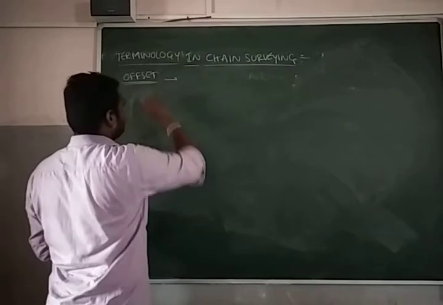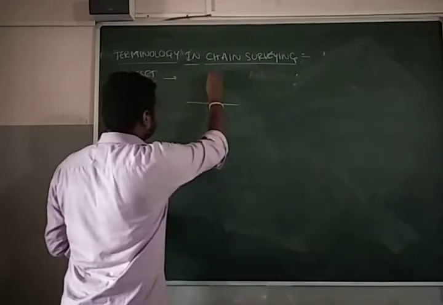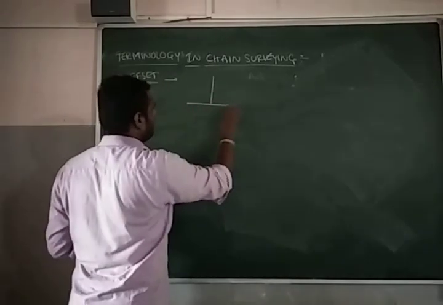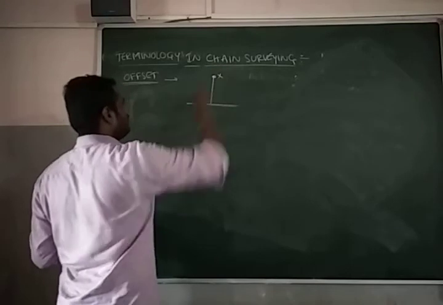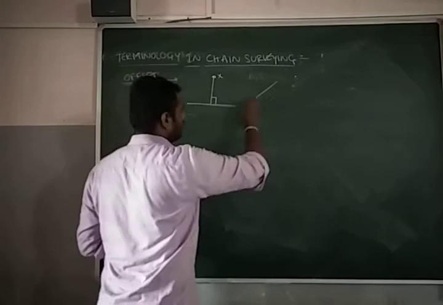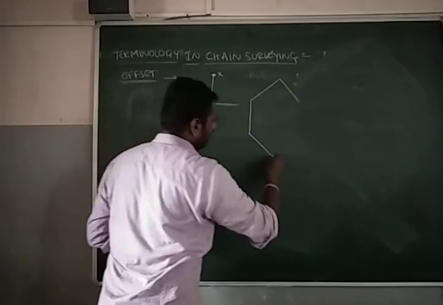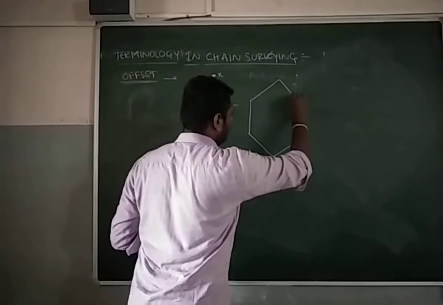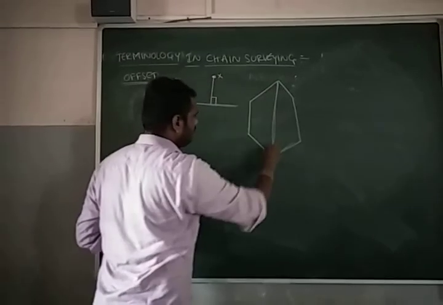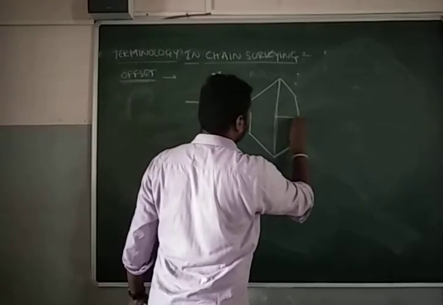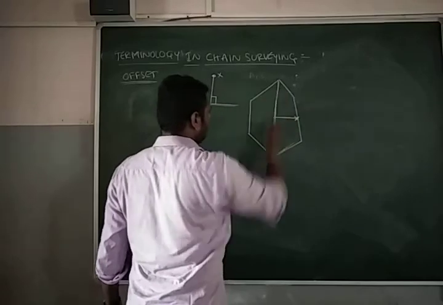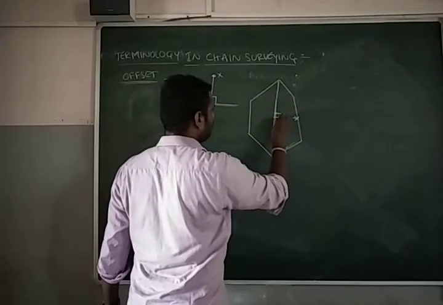So offset is nothing but erecting or prolonging an auxiliary line from a main survey line to some extra position. So we call this one an offset. Okay. So in the previous figure, we have discussed some figure approximately in this shape, like this. In this figure, I have a baseline. This is my baseline. So now if you draw the line like this, you can call this an offset from the subsidiary station to the baseline. So you need to put an offset over here.